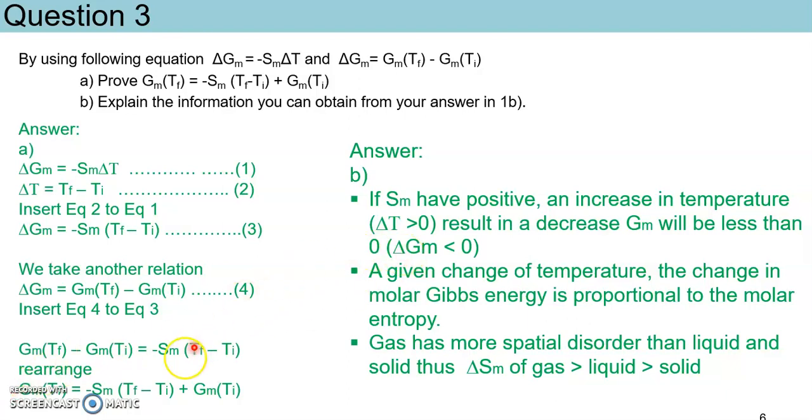And from the equation, we can state that if our molar entropy has a positive value, then with an increase in temperature where delta T is more than 0, the result will be a decrease in Gm. So if we have Sm positive, try to put a value here. So we will meet this condition, our delta Gm will be less than 0. And also at a given change of temperature, the change in molar Gibbs energy is proportional to